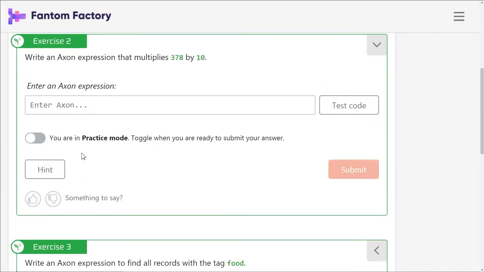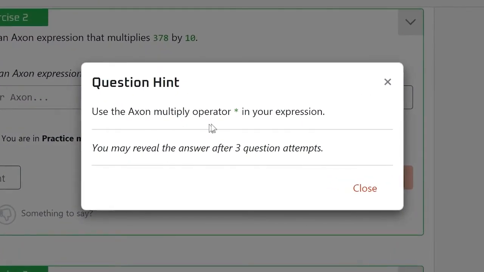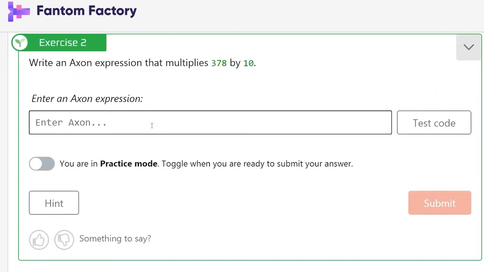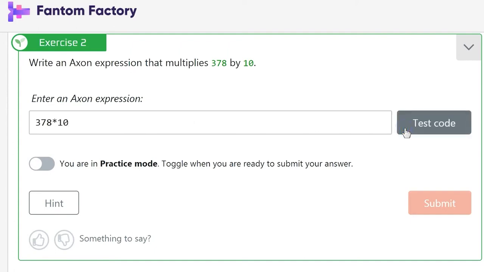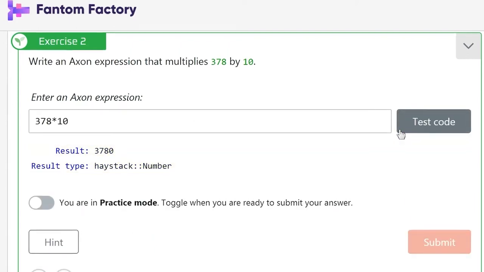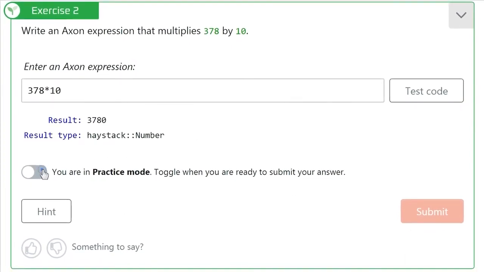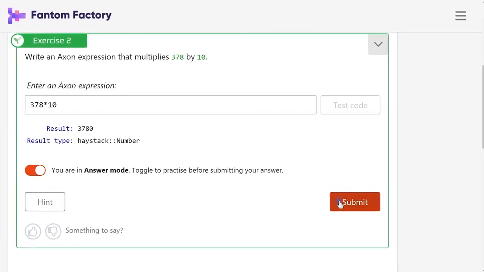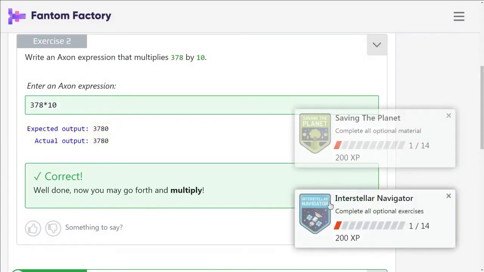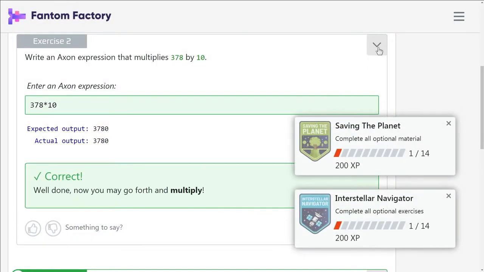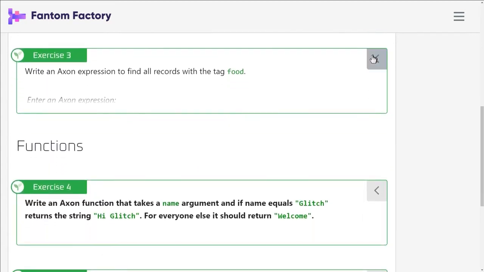We have another mathematical operation, and if we'd like some extra help, we'll check the hint first. Well, it is free. Okay, this time we're using the multiplication operator. Easy. First, we'll test our code to make sure we haven't mistyped anything. We can confidently now submit our answer. Fantastic, we got one.